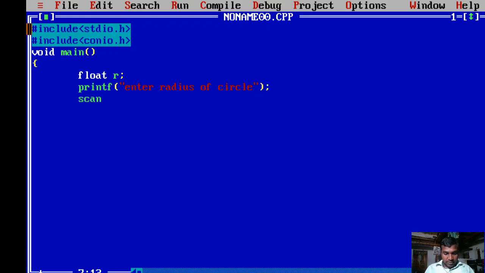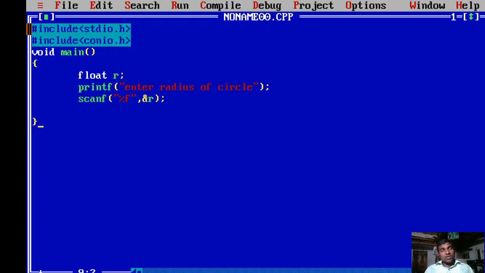Whatever input is given by the user must be read with the help of this. So this is a simple C program.